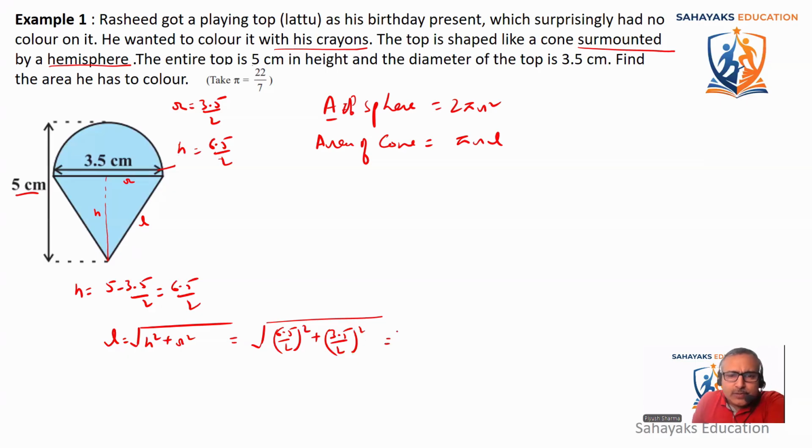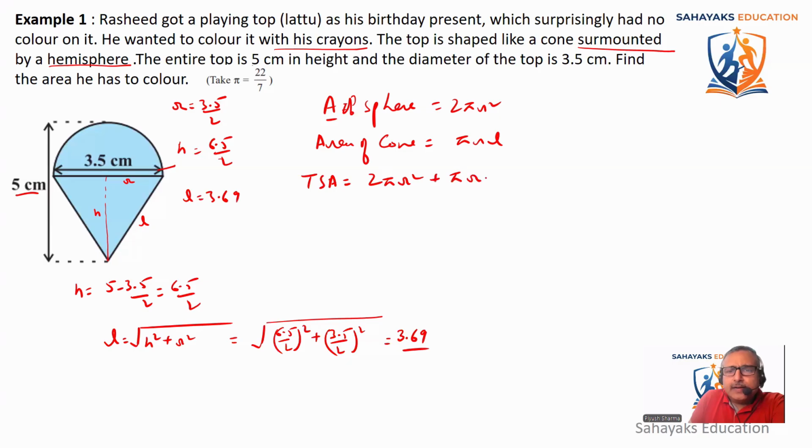And this value comes out to be somewhere around 3.69. So we can say L is equal to 3.69. Now the total surface area of this toy is equal to 2 pi r square